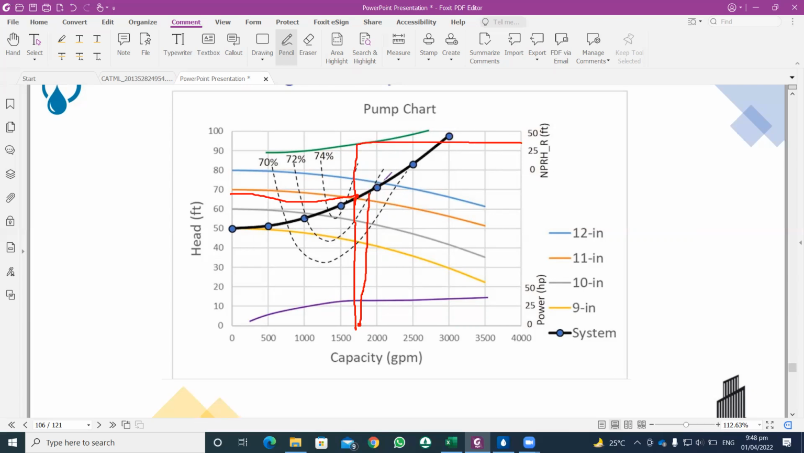From the curve you can observe that it requires an efficiency of 73%. We get different values from this curve: a net positive suction head of about 30 feet, and similarly a pump of 73% efficiency is required, having